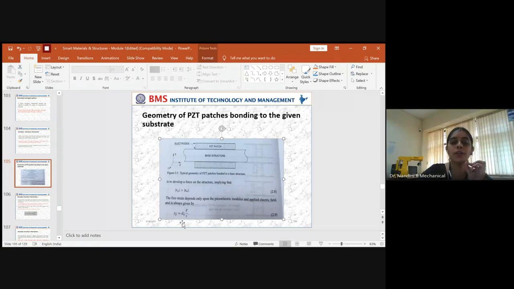Based on the amount of voltage applied and the displacement achieved, you can calculate the amount of strain induced. Okay, so this is only the free strain we are speaking about. The free strain mainly depends upon the voltage applied with respect to the piezo element, that is nothing but our piezoelectric module, and the amount of displacement we are achieving. These are the general equations you should know thoroughly.